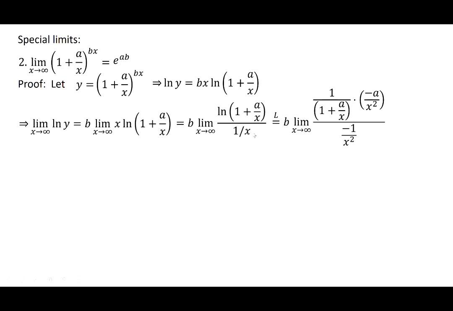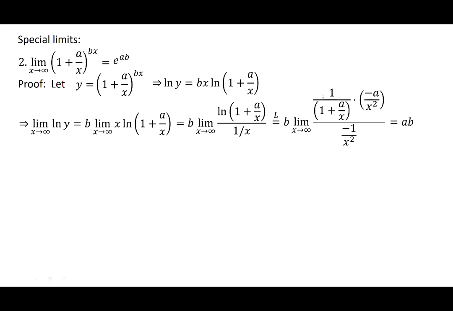Similarly, the derivative of 1 over x is negative 1 over x squared. And now, would you agree we can cancel this x squared with that x squared? And so would we end up with a negative ab times, there's a negative and a negative here, negative ab over negative 1, and so that just becomes positive ab times